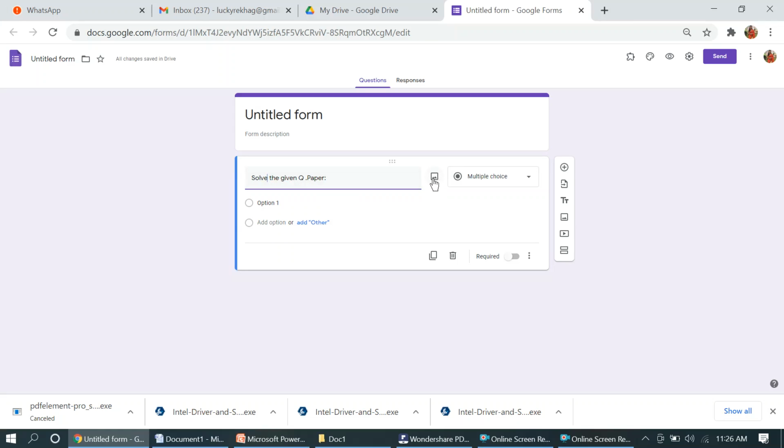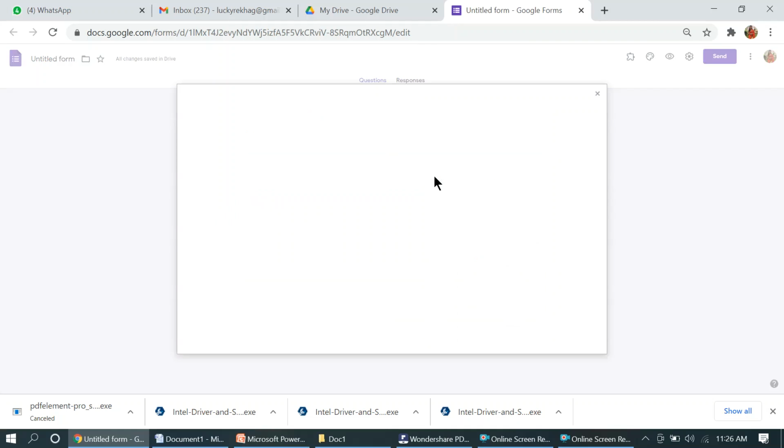For this, here you can see this image icon. Just click on this icon and it will take you to the already uploaded images of your Google Drive. From here, if that is already in your Google Drive, then we can go from here. But that picture is in my system, in my laptop, in my computer. For that, the upload option is here, and here you can see this browse button, right?